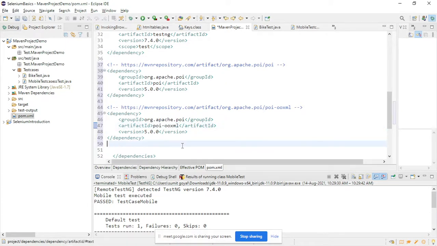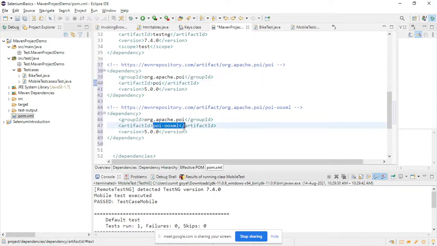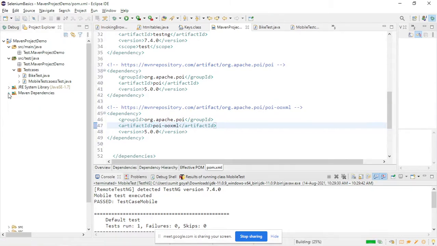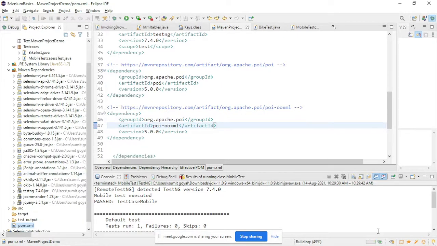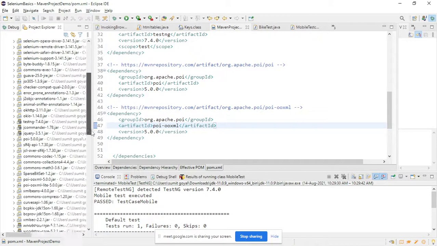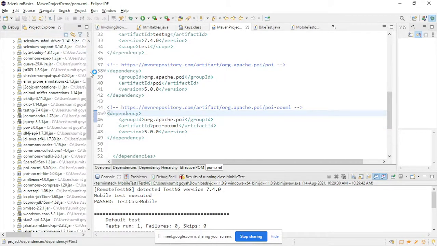So now if you see this group ID, a unique name of the company that has created the project. So you can see this name is unique, but inside this they are having so many different projects. So this is POI, this is some other, right? So now save it. Now here as well it will put all the files which are required. So you will see, as of now it is loading. So once it loads, also here all these files we require to get the data.